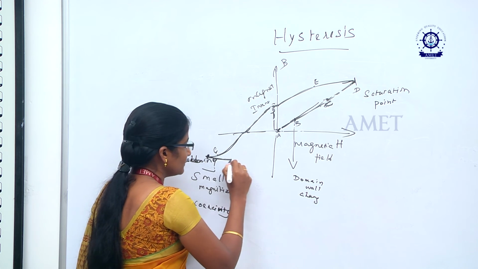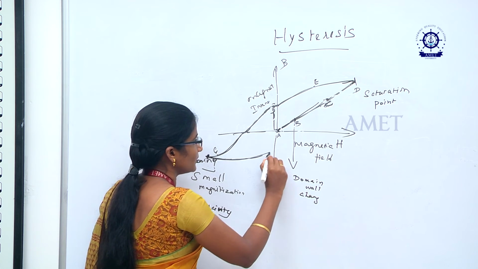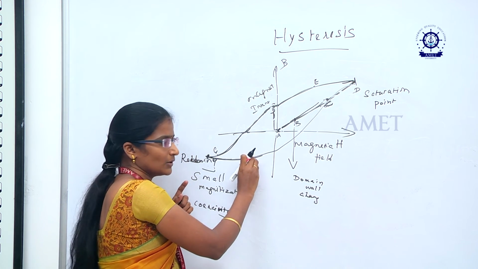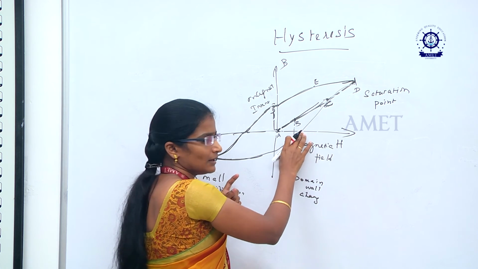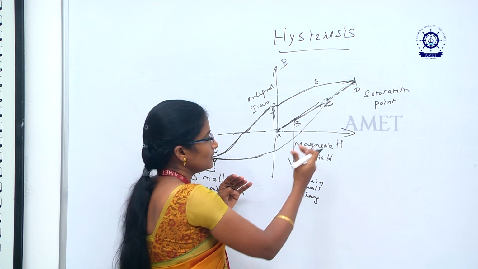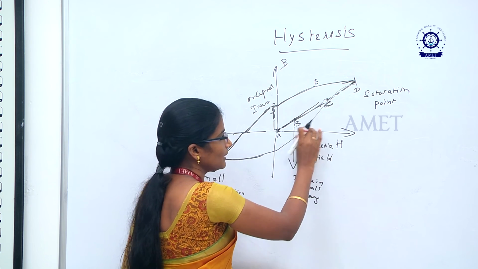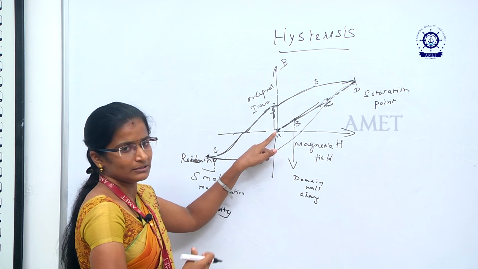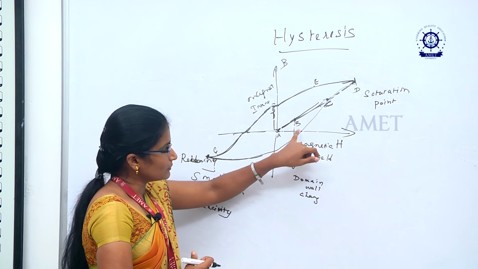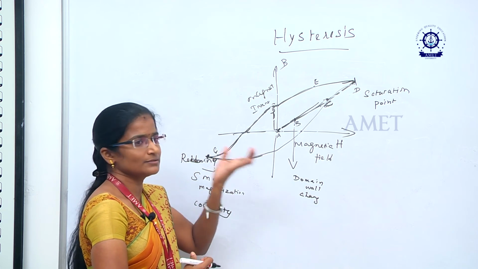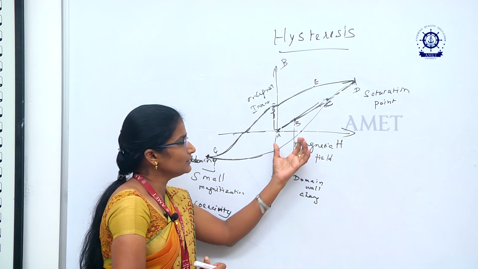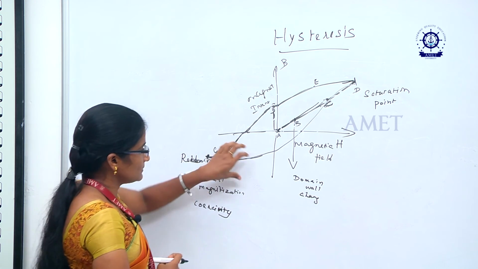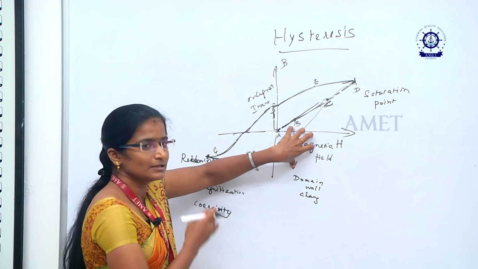Again this process is continued. This process is continued means again we are applying the magnetic field on this material. At this place the magnet again changes to a normal material, but it still has some magnetic field. In this place the magnetic field is zero and the material is also normal. In this case the material is a normal material, but it has some positive magnetic field. Positive means directed along the external field. It has some magnetization at this point. This is opposite to your magnetic field. This is along your magnetic field.